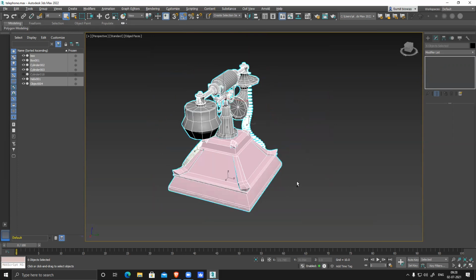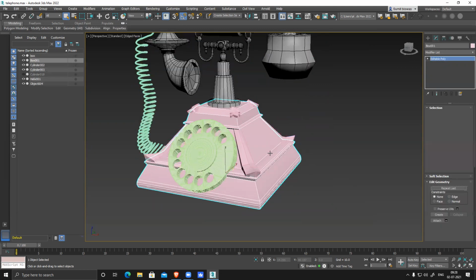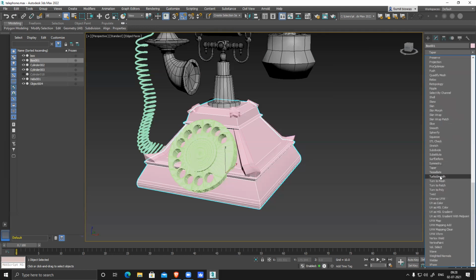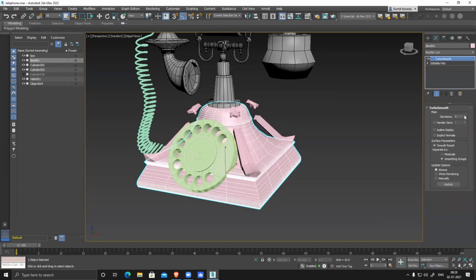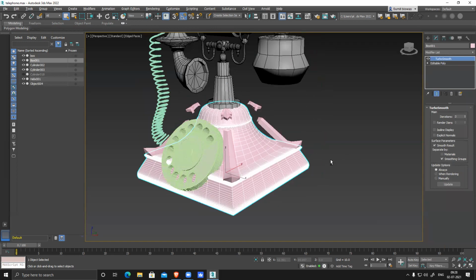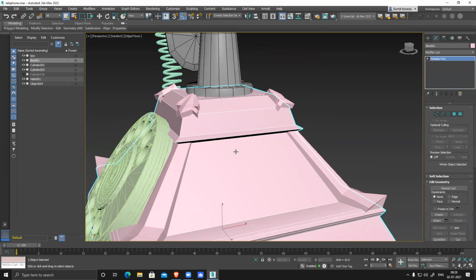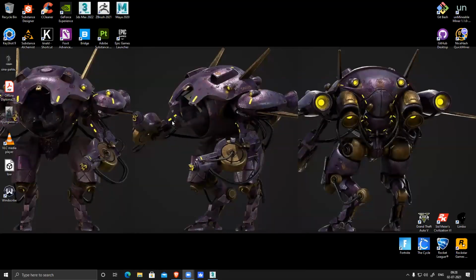So the basic model, I have exported this into ZBrush, because if I smooth this model, with turbo smooth, it will become round. That is something we can definitely hold like this and create the entire shape. So this is something we can do in ZBrush directly. So I have created the base model. The base model is ready.